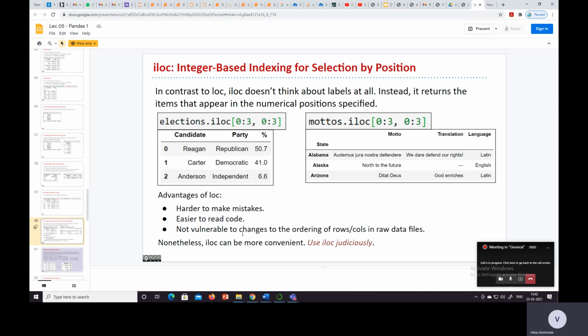Nonetheless, iloc can be more convenient. Use iloc judiciously. Once you are comfortable with the pandas library and loc, then you can use iloc, because we don't know what exactly is coming our way. So we need to use iloc wisely.